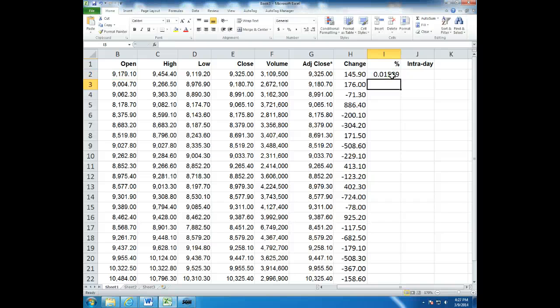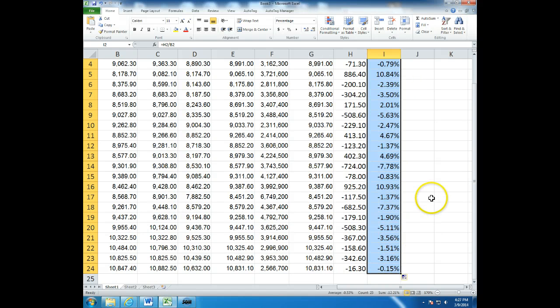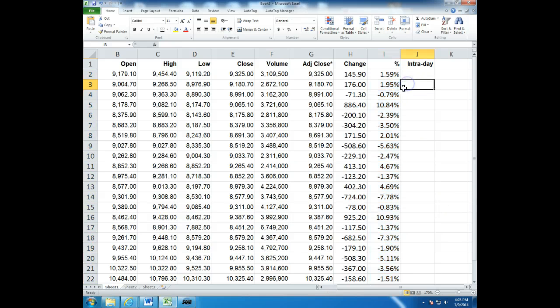So we're going to go ahead and hit enter, and I get a percentage as a kind of a decimal, 0.015, which would be 1.5, a little over 1.5%, almost 1.6%. I can click on that cell and I can hit percent up here under general format, change that to a percentage, and then add some decimal places, and probably to 1/100 of a percentage point would be appropriate. And I can see that it was 1.59%, and now I can grab that, drag down, and again I can see that, right, I have